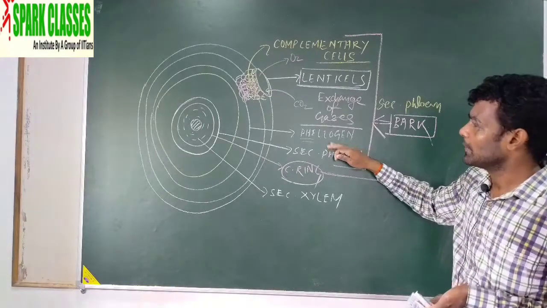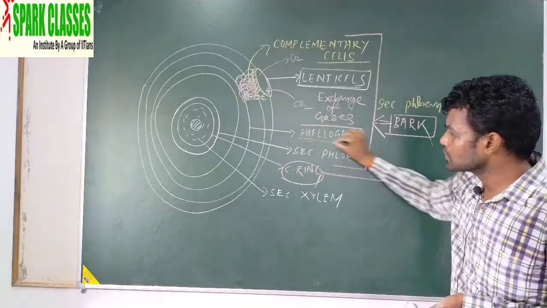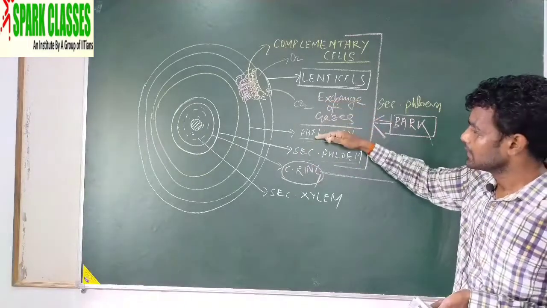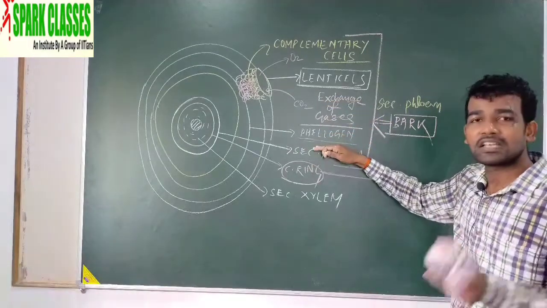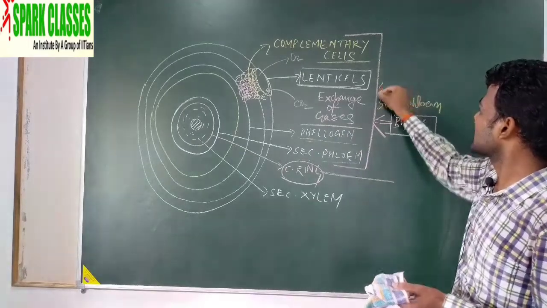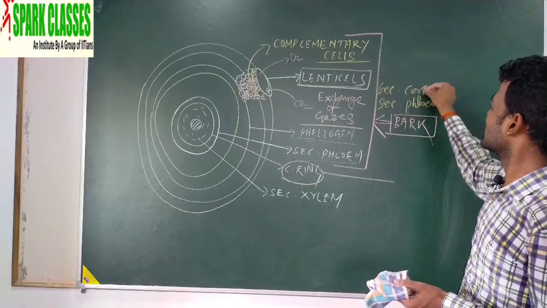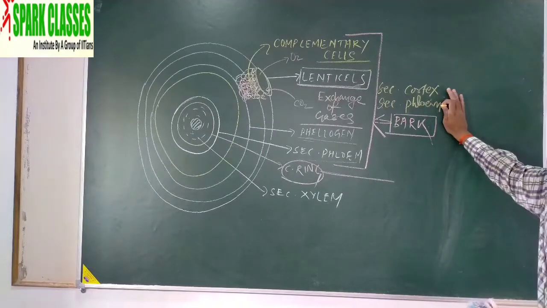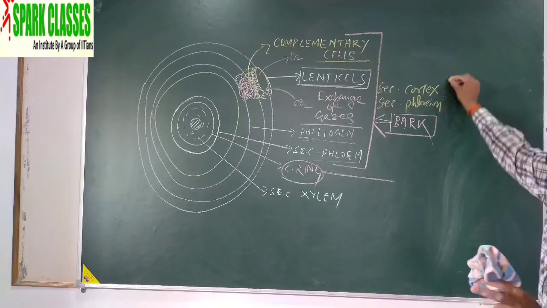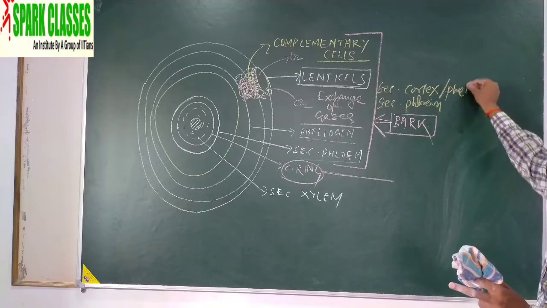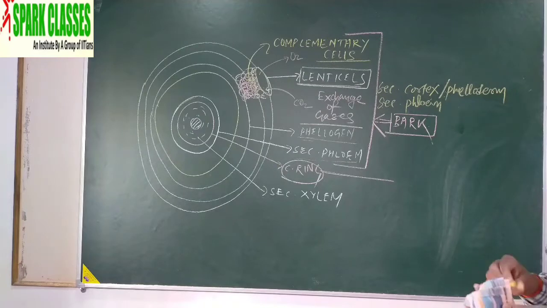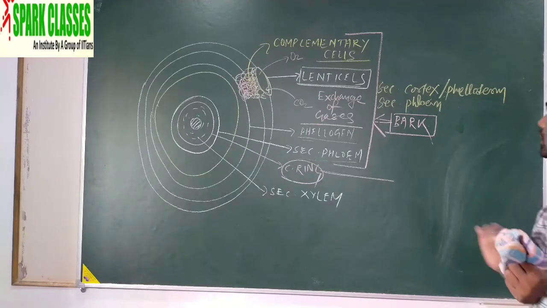After the secondary phloem, the phellogen will not come directly. Between the phellogen and the secondary phloem is the middle layer, the cortex. Just inside the phellogen there is the secondary cortex. So after the secondary phloem, the secondary cortex will come. What is the other name of secondary cortex? Secondary cortex is also called phelloderm. I am repeating the same thing so that you can understand all the parts easily.